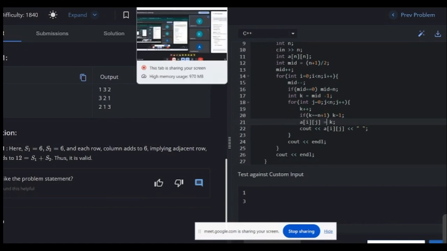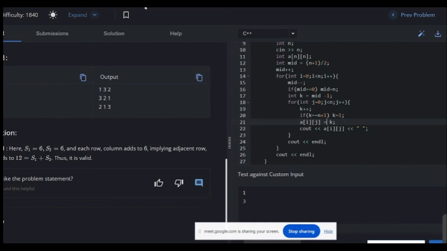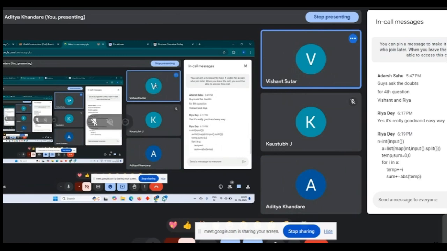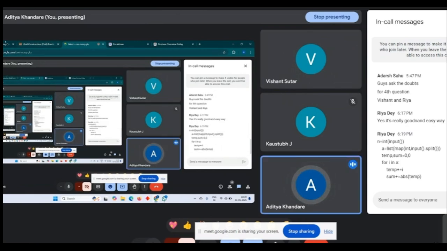Do you understand it? Yes. Okay, so can we take the next question, or any doubts? No doubts. Okay, next question is similar, but